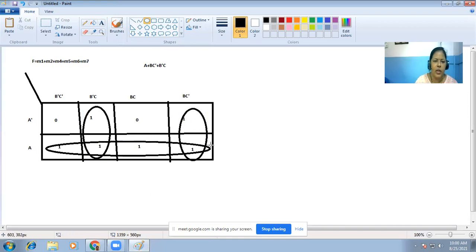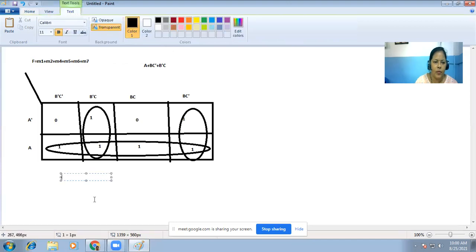For the bigger one, which is called an octet, from this side only A is fixed, and if we look into this side, all variables B, C are changing.